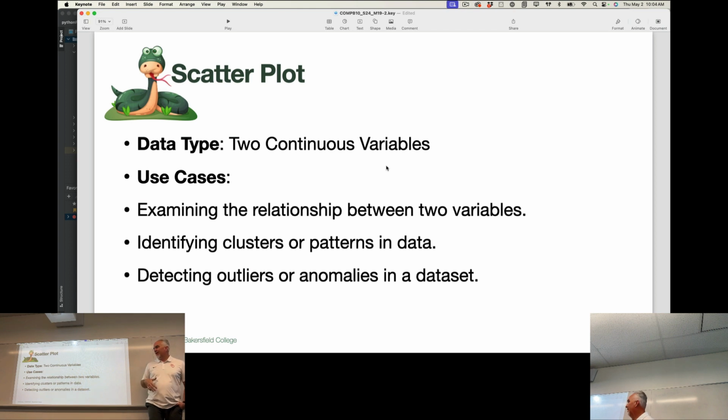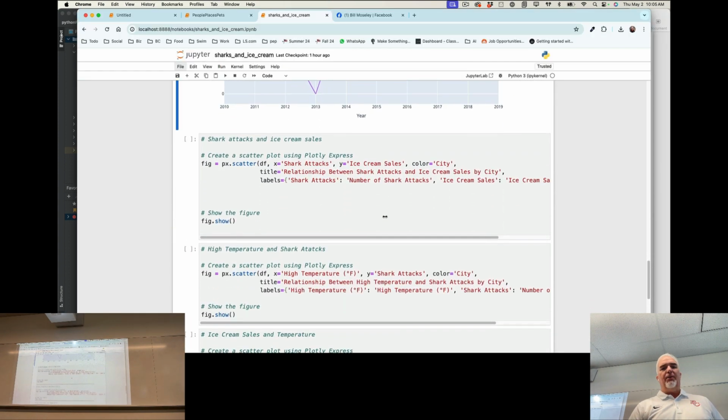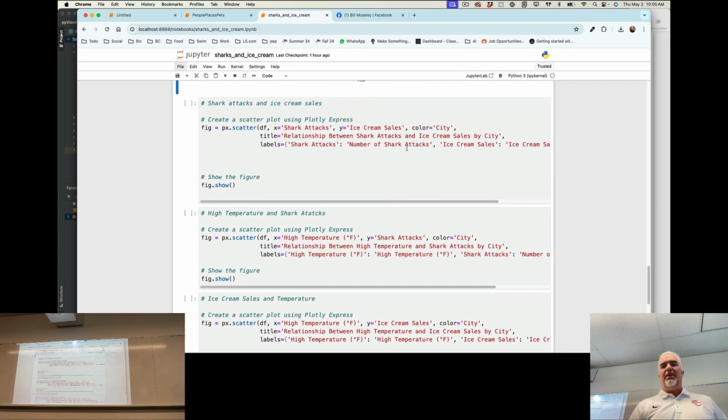It allows me to identify clusters or patterns in the data, and it also allows me to very easily see if there are outliers or anomalies. But the most important part about a scatter plot is asking that question: is there a relationship? And here's an interesting relationship,